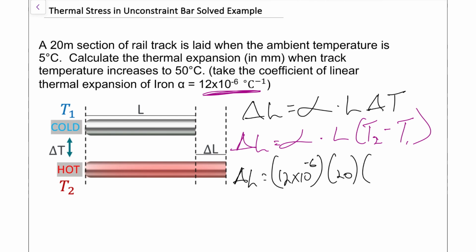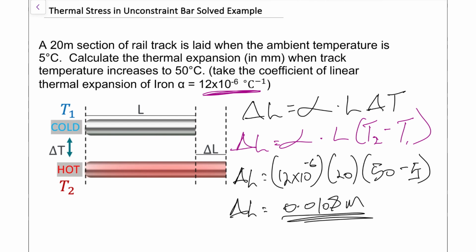And then for our change in temperature, that's going to be 50 for the final temperature, take away our 5 degrees Celsius for the initial temperature. So what we're left with then is 0.0108 meters. That's representing the change in length, and that's that little bit right there at the very end,